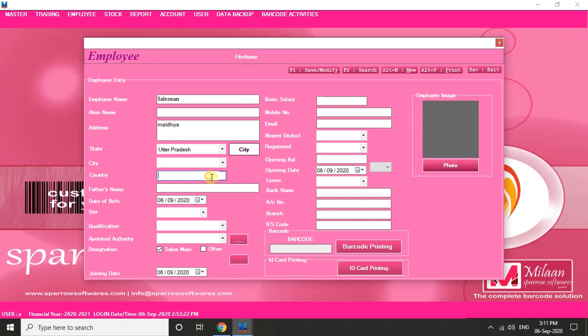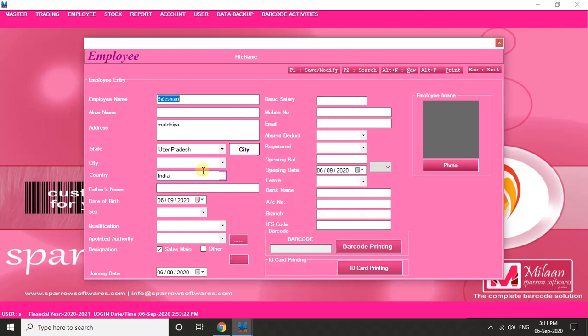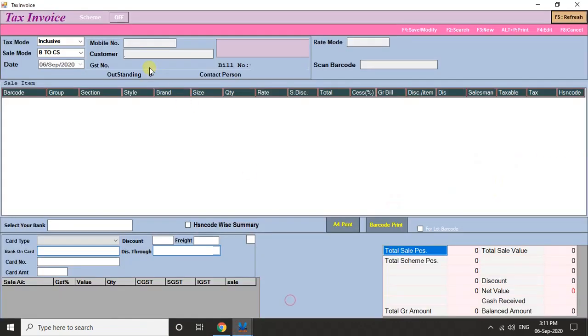Okay, we'll write the country. Click on close. We'll click on the save button. Now here is the tax invoice form.